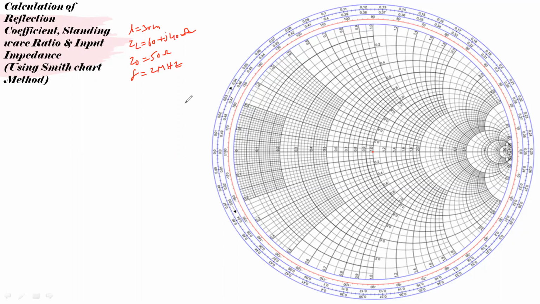So for this, directly, using the R value and X value, we can substitute, as just a few minutes back we have seen, the substitution of R and X values on the chart, and the intersection of those two values gives the Z value. Directly substituting the Z value onto the chart is completely wrong. It is a wrong assumption. Whatever the given value is, it is not a normalized value.